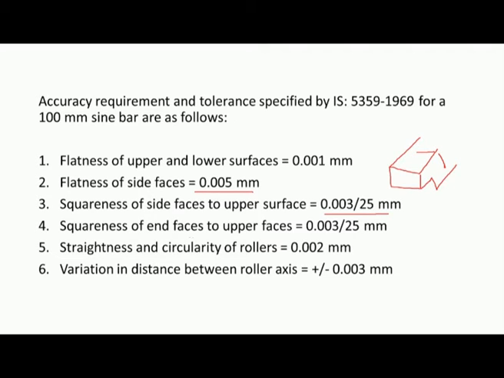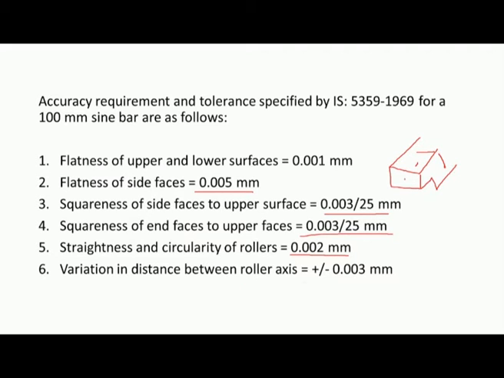Similarly, squareness of end faces to upper surface should be within this value, 0.003 per 25 mm, and straightness and circularity of rollers should be less than 0.002 millimeter.